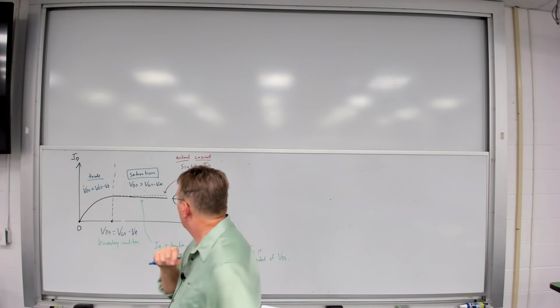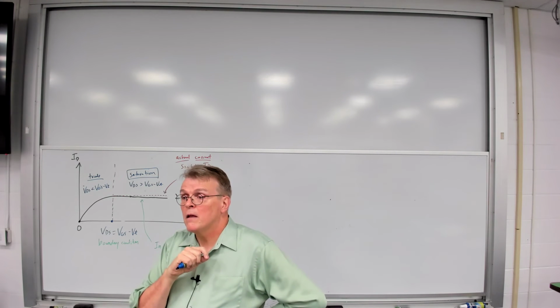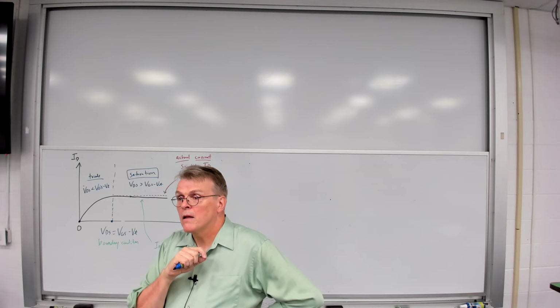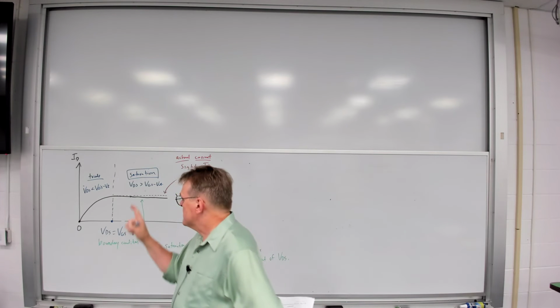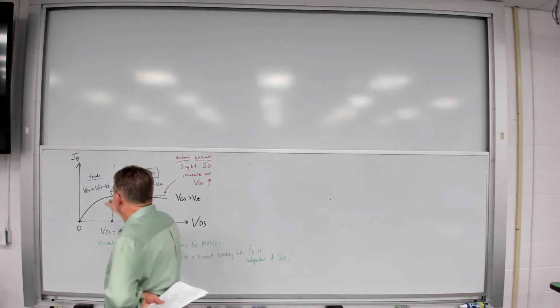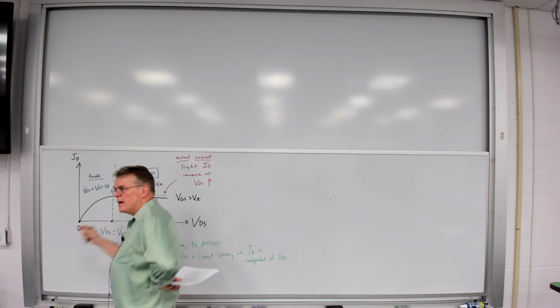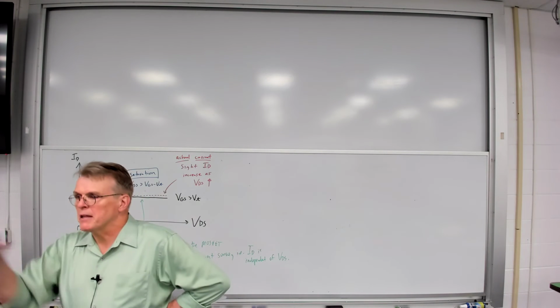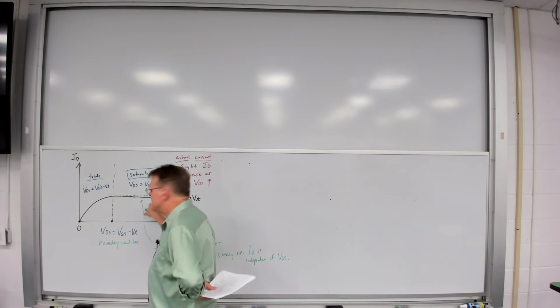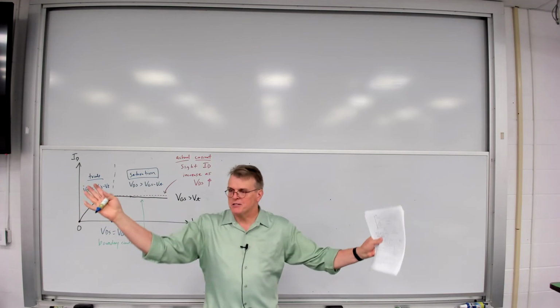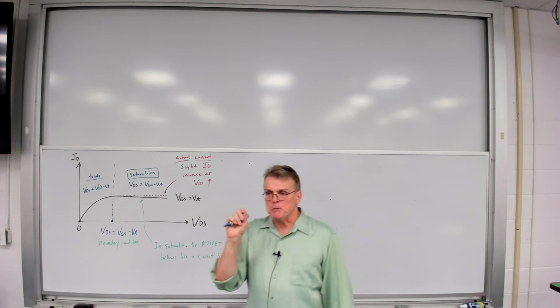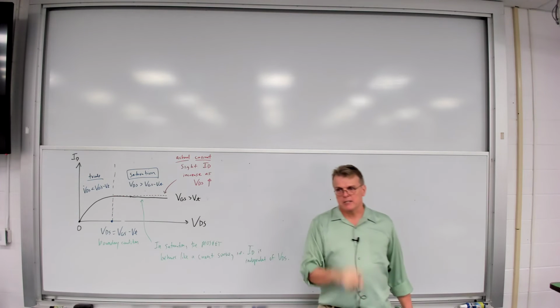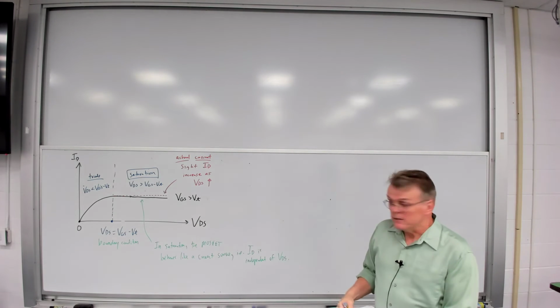Yeah, just before we move on, is the ID that you get going to be the same max for a lot of MOSFETs, or is it just going to be? No, it's going to be a value that depends upon the value of VGS and a couple of other parameters, including the width and the length of the gate. I'll show you that equation in just a minute. So no, ID is not the same value for every device. It's going to be specific for that device, given the bias conditions and the geometry. But anyway,